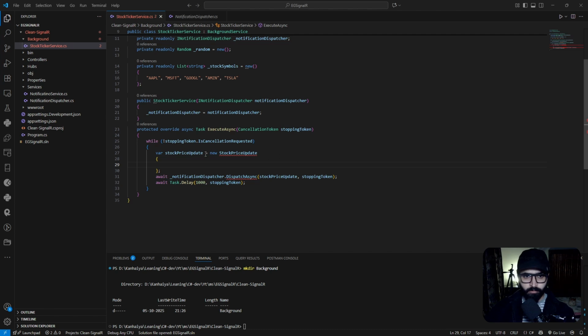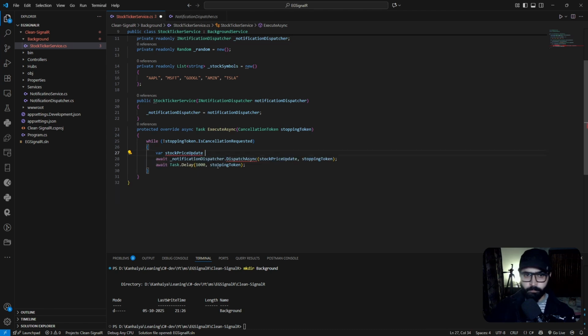Actually, I don't think we need this. What we can do, we can simply say our stock symbols, and here